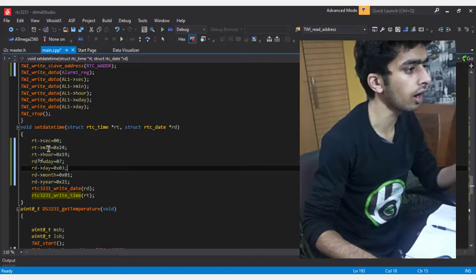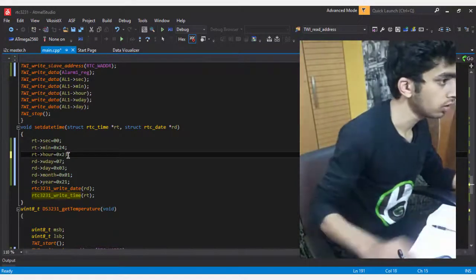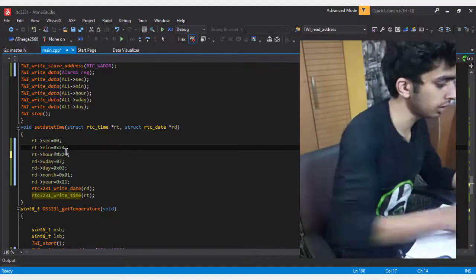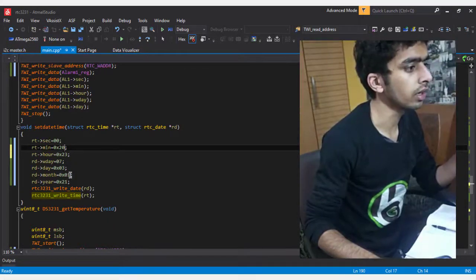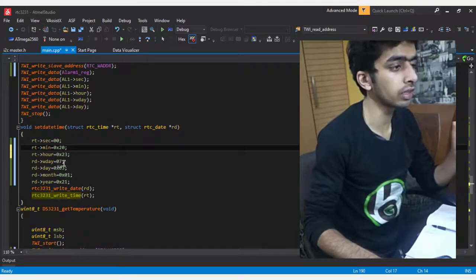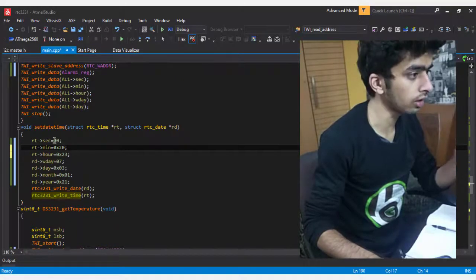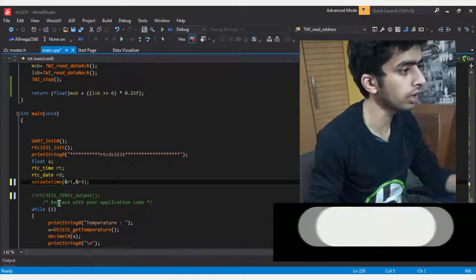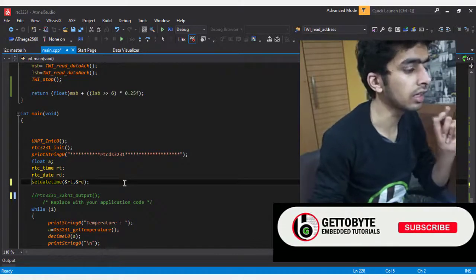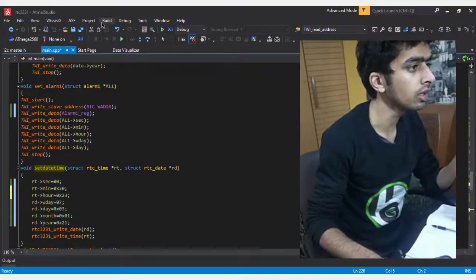For the RTC hour, minute and second, right now it's 23 hours, 20 minutes and 00, and the date is 1 January 2021, and the day of the week is Sunday, so 7th. I have called this set date and time function before the while loop, so that it sets my date and time registers with the correct values, and then it will automatically show the correct date.